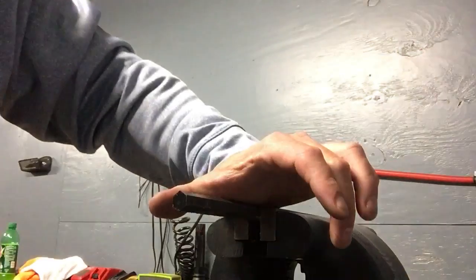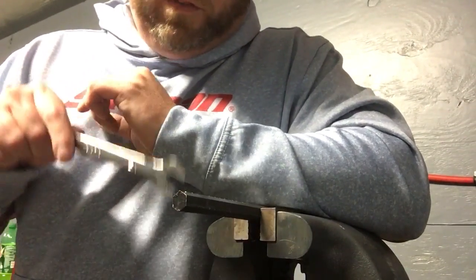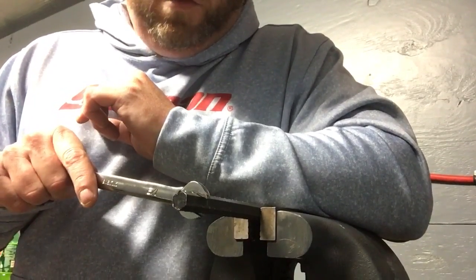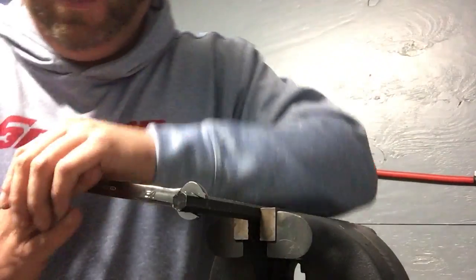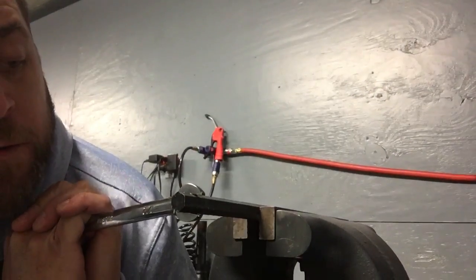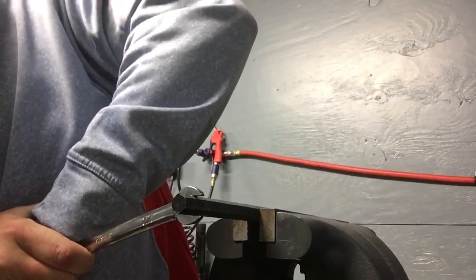Now, as we remember before, the other one that stayed on really good was the Carlisle, okay? And we did that in a nice new flat spot. So let's try it on where it's kind of rounded off and see if we can get it to round off or spread open. So again, where it's already rounded, as you can see,